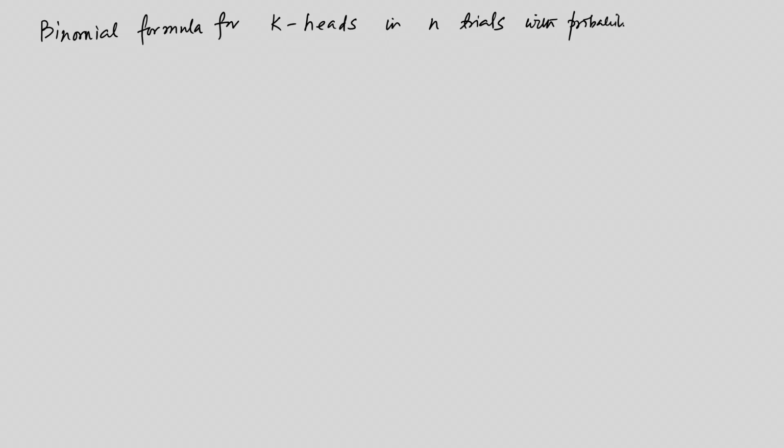A binomial formula for k heads in n trials, where n trials means we are tossing it n times, with probability p of success in any trial, is given by